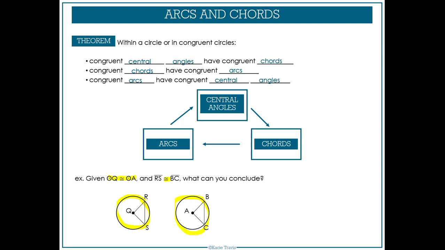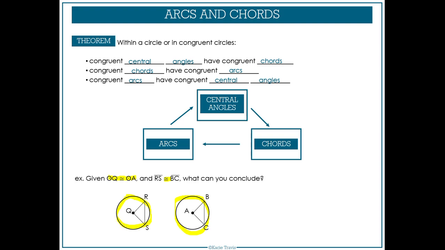Then they give us some more information. They tell me that these two sides here, RS and BC, these line segments are both the same. So we're going to go through and mark that up. Let's go. All right, so one more time, we're going to make sure that we match up real quick the